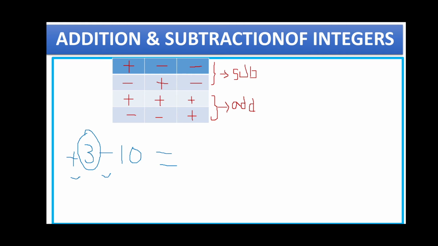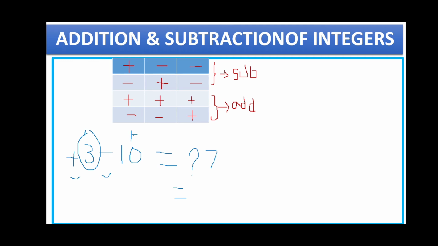If the integers have different signs, we have to do subtraction. So let us start doing subtraction. 10 and 3, if you subtract, what will we get? 7. And what sign do we have to assign for this value? We have to check for the biggest number. Whenever you have done subtraction, we have to check for the biggest value. So here what is the biggest value? 3 or 10? 10 is the biggest.